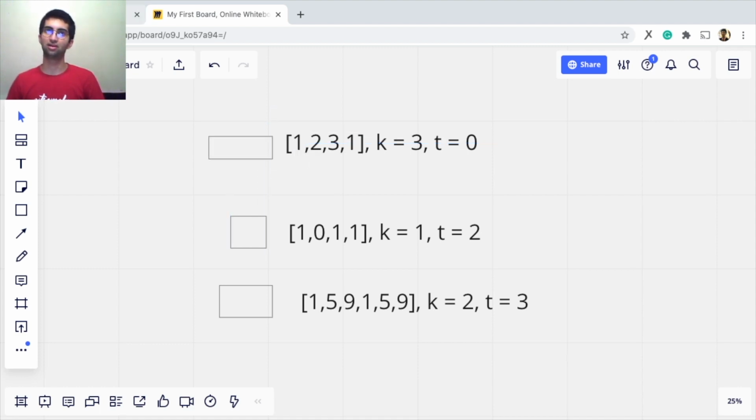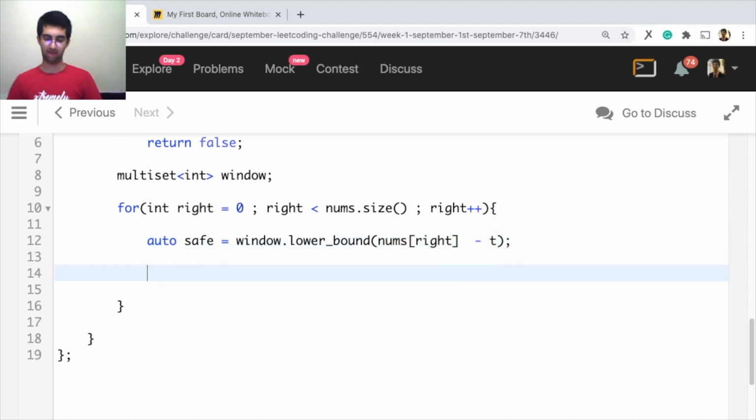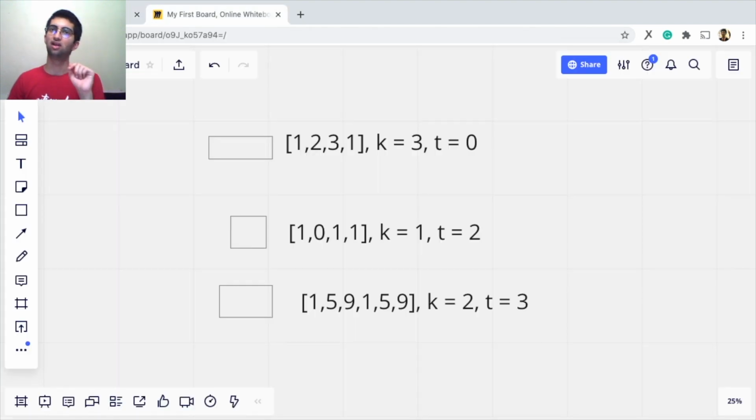So now here I'll go, if it is found, if safe not equal to window.end(). So this lower bound function just returns .end(). Now one thing you might have noticed when I was explaining, lower bound of 1 exists. Lower bound of 1 will return 2, right? Why not?